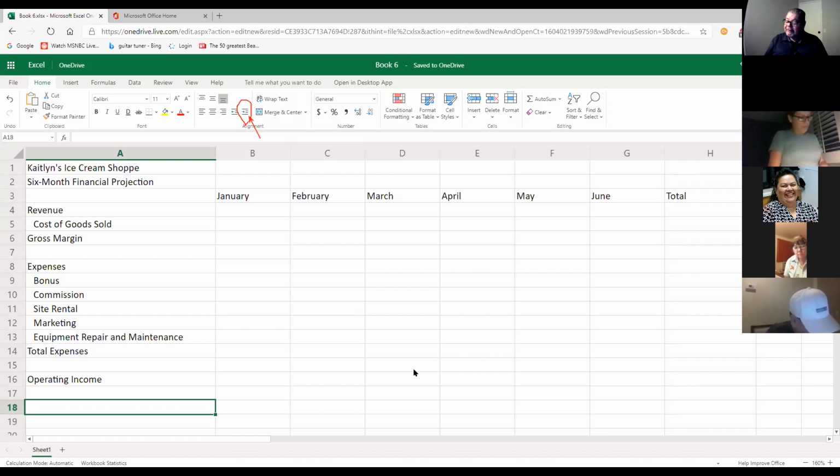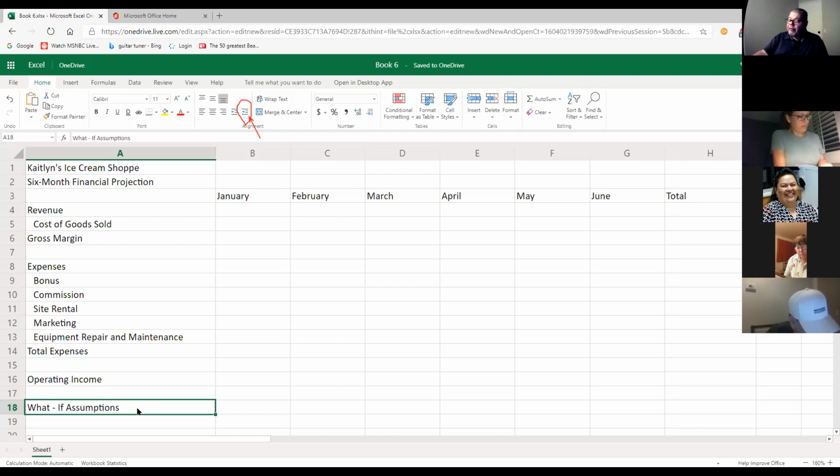With cell 18 selected, type what if assumptions. So I'm on cell A18, and I'm going to type what if assumptions, separating with one space. All right, press enter. So now, once you've typed what if assumptions in A18,